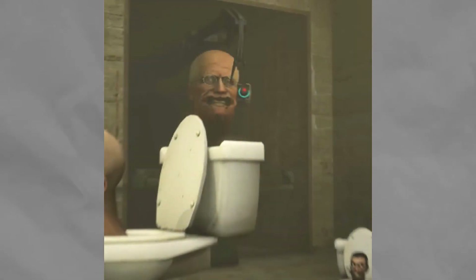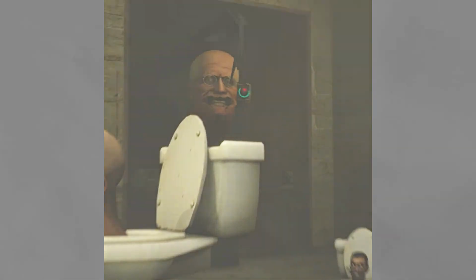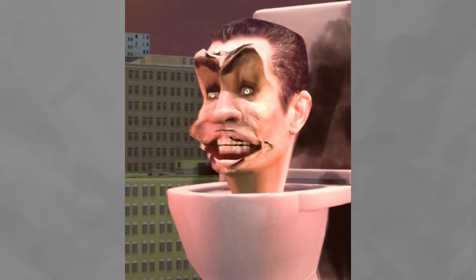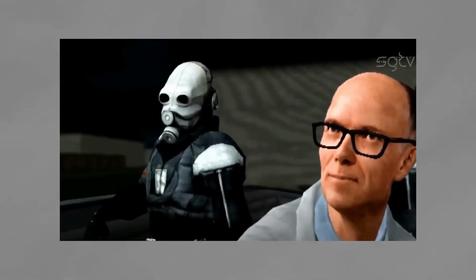But where did Skibidi Scientist himself come from? We all know that the creator of this series, Boom, is a fan of the Half-Life universe. The designs of all characters, such as G-Man, were taken from the original version of the game, Half-Life 2. Skibidi Scientist is no exception, and his appearance is derived from the character Dr. Isaac Kleiner. But what do we know about him?